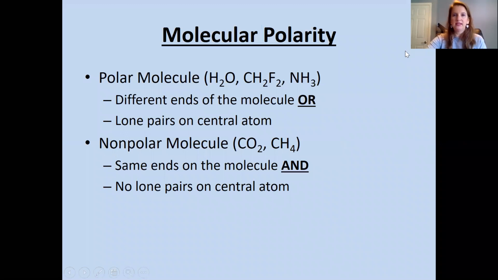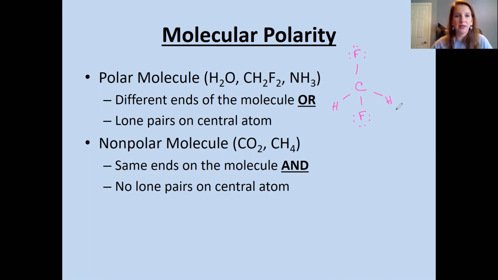Now, molecular polarity is different. With molecular polarity, we are looking at the molecule itself and seeing if there is an unbalance of electrons in the molecule itself. To have a polar molecule, we'd have to have different ends on the molecule, which is like the CH2F2. When we draw it, we would have an H and an F and an H and an F. Seeing how there are different atoms, hydrogens and fluorines on the outside,